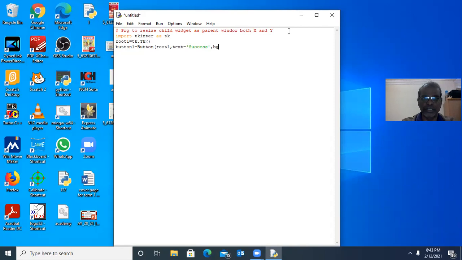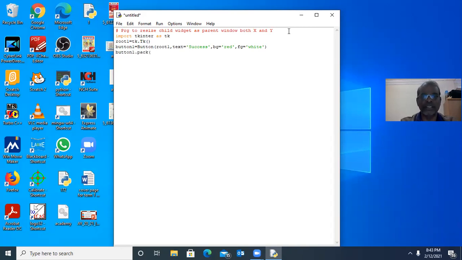We should have bg color, same thing we can put, fg equal to white. Good. So root, text, bg, fg. Now we have to pack button 1.pack.